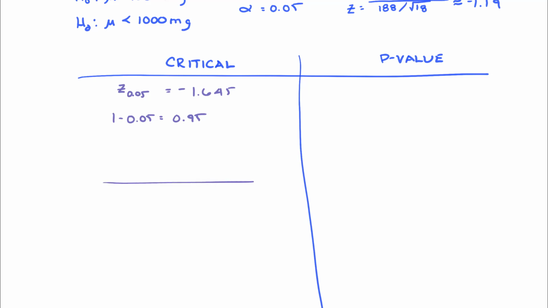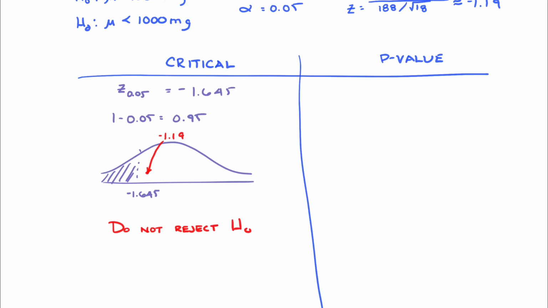And when we look at the normal curve here, our rejection region lies to the left because it's a left-tailed test. Our value for our test statistic was negative 1.19, and that definitely falls within the non-rejection region. So our claim here is that we do not reject